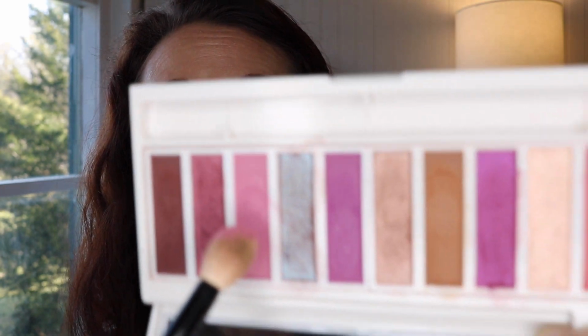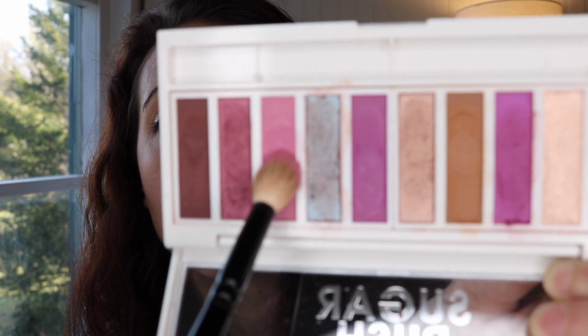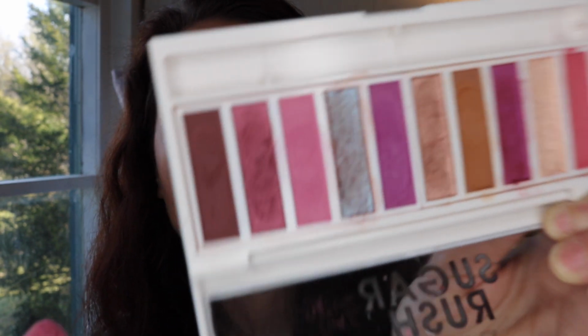And I will show you, if I can get this to focus, when you dip into these, you can see very, very powdery, quite a bit of kick up. So if you don't like that, maybe you might want to stay away from this one. But I've got all of my face makeup done, and I am going to be going in with this